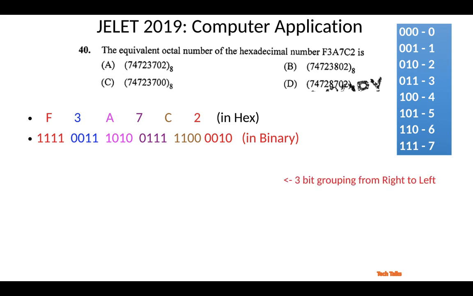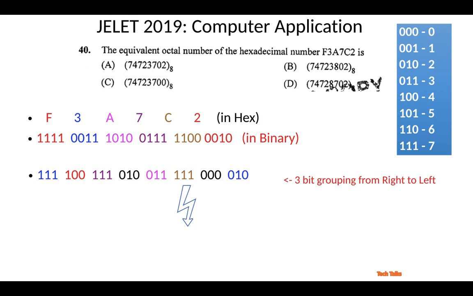Next, from right to left we group the bits into 3-bit groups. We create 3-bit groups with the same bits. So 0 1 0 is 2, then 0 0 0, then 1 1 1. This way we have created groups until the last. If it happens that at the end we have only 2 digits, then we pad it with a 0. This is done. Now we convert it to octal.